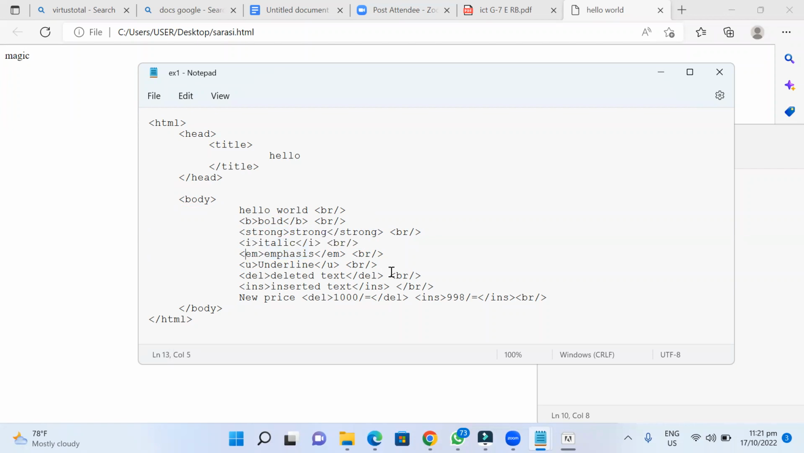Underline, deleted text, inserted text. When you put these tags around some element and instruct, then what